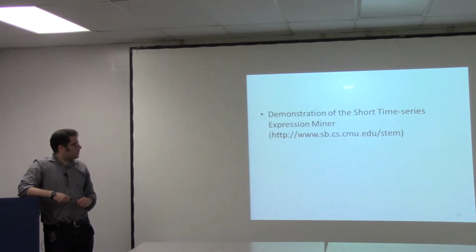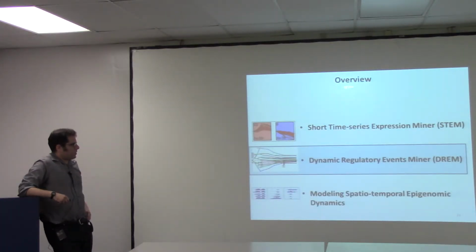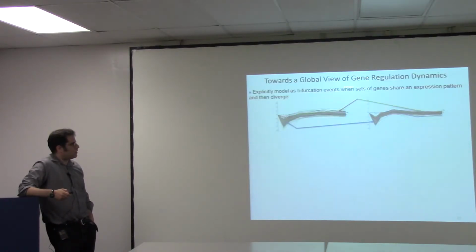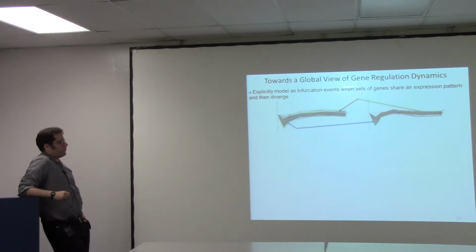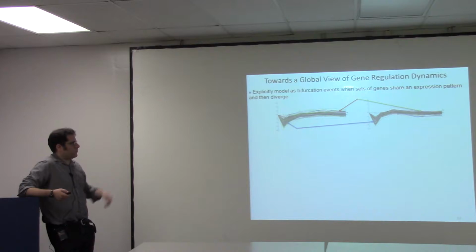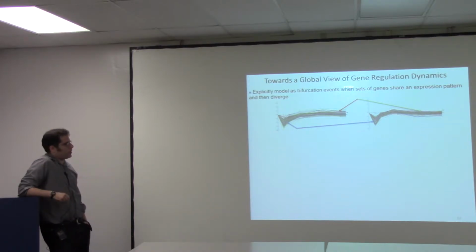Okay. The next approach I want to talk about is DREM, the Dynamic Regulatory Events Miner. STEM is good at identifying these clusters of patterns, but it's not giving you a global view of the regulatory response. So for example, you might have something like this, where you have these 2 patterns, which are effectively returned as independent clusters, but what you might really want to think about is that they're the same pattern up until some time point, and then you have a bifurcation event where